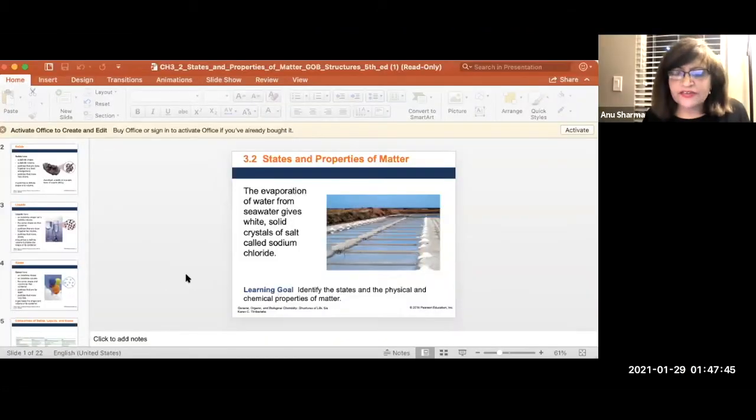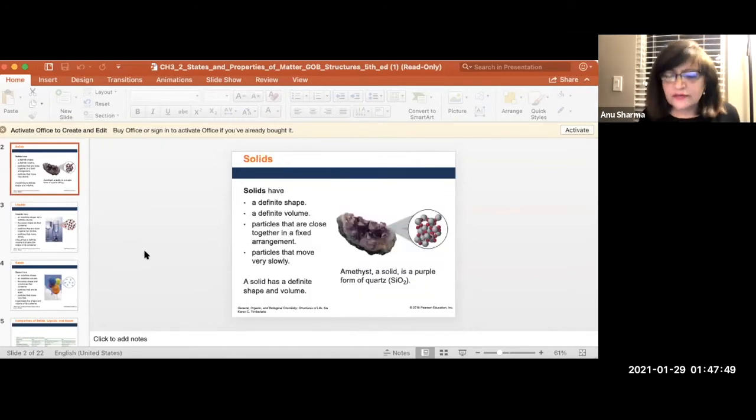Okay, so now we're going to look at the three states of matter: solids, liquids, and gases. So what are the properties of solids? Solids